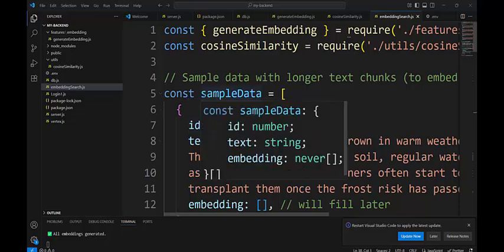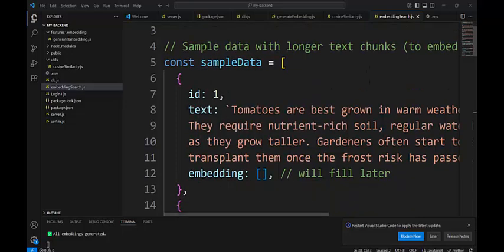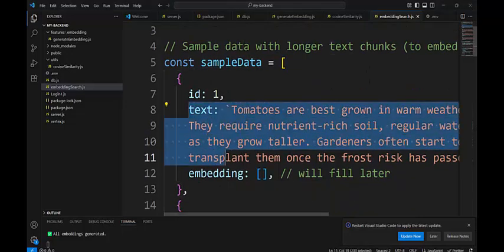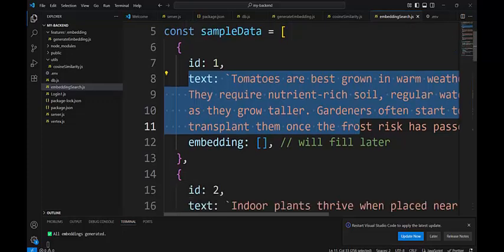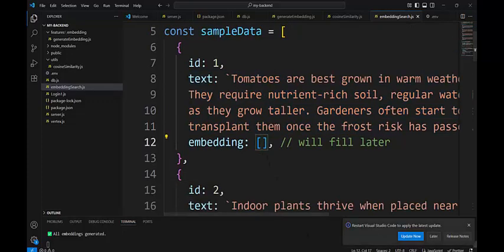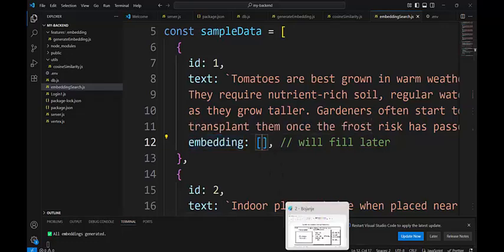It is constant sample data, and every piece of data is a chunk of text that will have only one embedding vector. Look, we start with an empty array for embeddings, but after the embedding process, this array will be full of